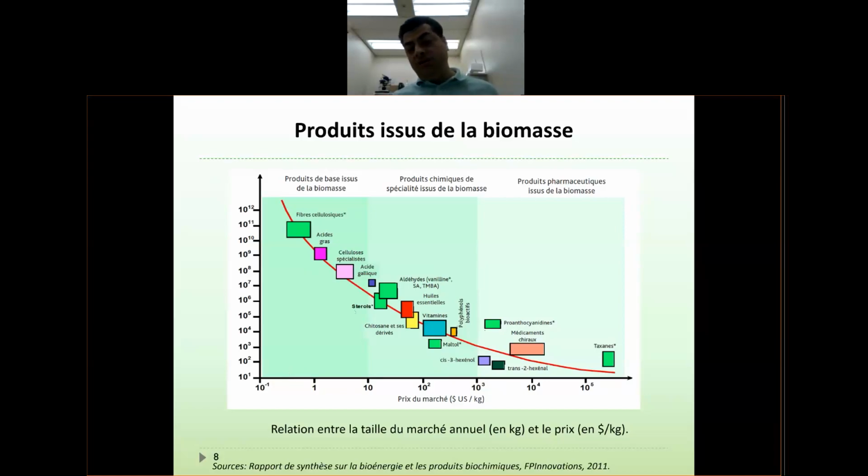But if you follow this trend, if you produce special chemicals, for example, taxons are a special medicine, for example, for painkillers and whatever. If you change your attitude and make special chemicals, for example, special pharmaceuticals, okay, your market size is going to